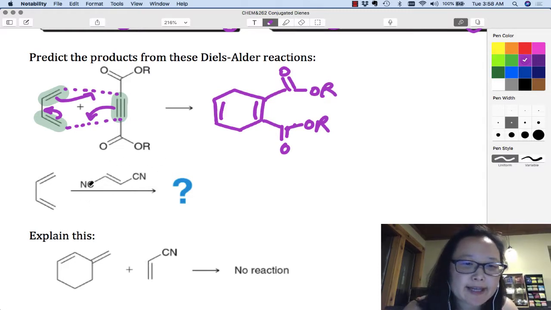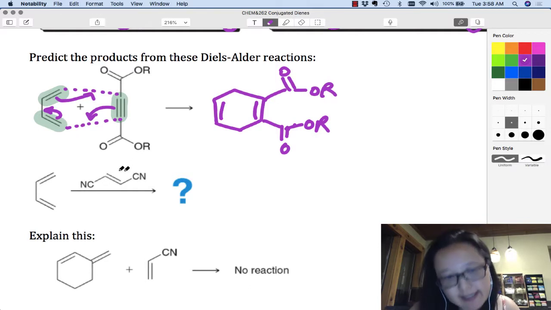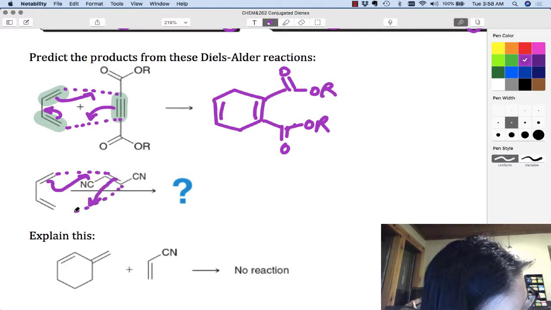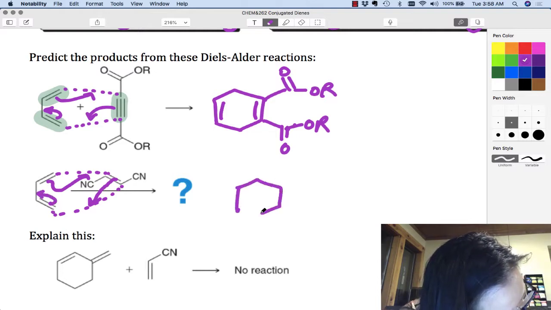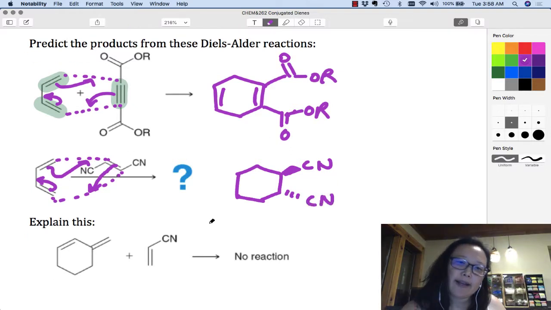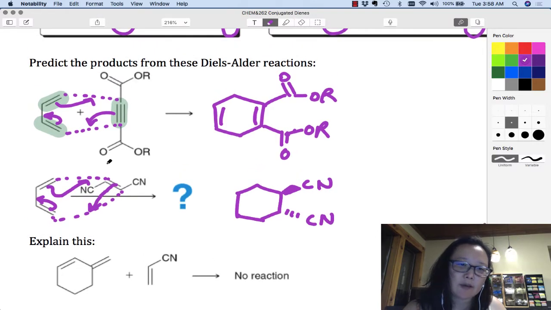So now you see the cyanide groups are trans. So let's try this here. I'm going to attack this to here, make a sigma bond there. Here I'm going to make a sigma bond here, and I'm going to move that there. So I'm going to make my 6-membered ring, and then I'm going to have my cyanide groups be trans to each other because they were trans in the dienophile. All right, and this reaction should be pretty fast, as well as this one, because of the electron withdrawing groups